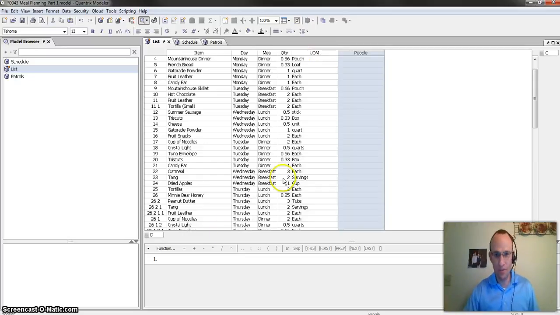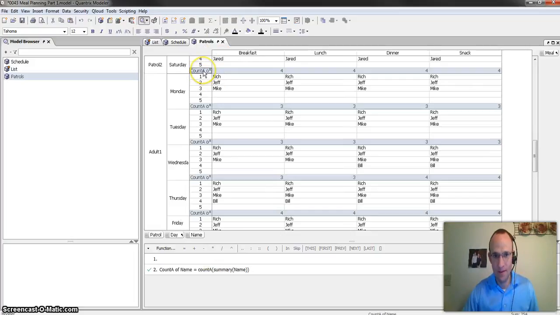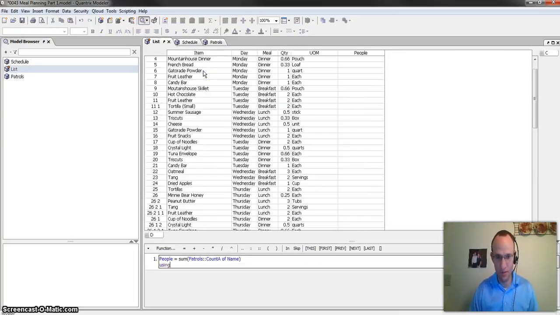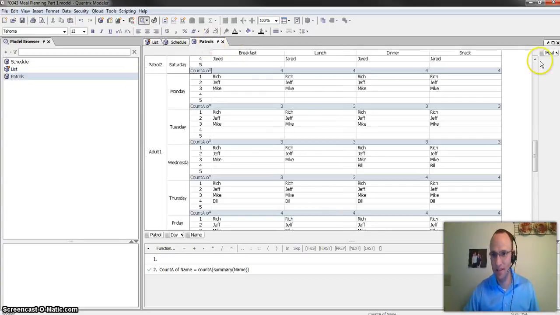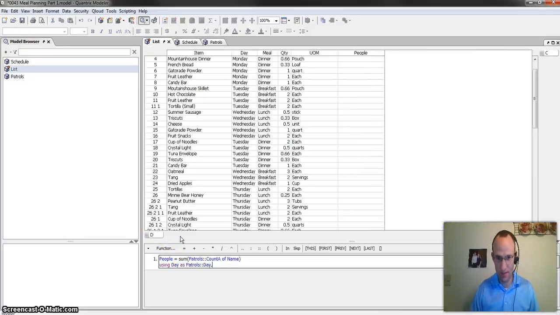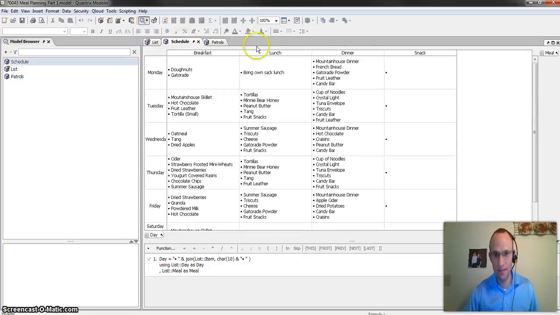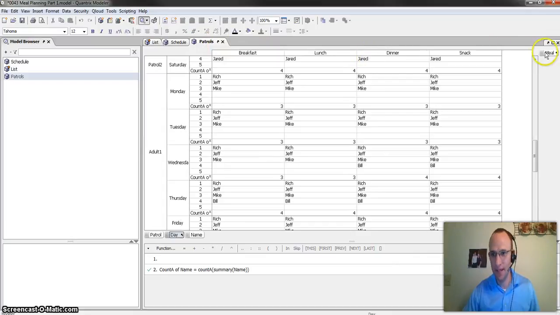We're simply going to go equals sum of the count, using this item as the day, comma, next line, the meal as the meal here.